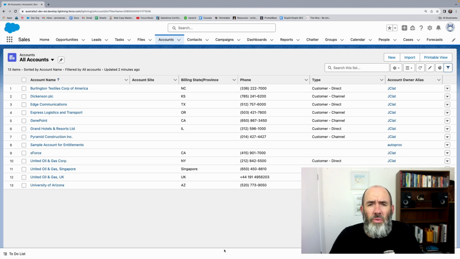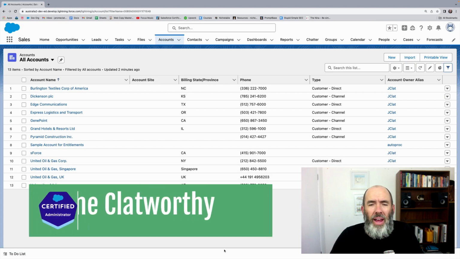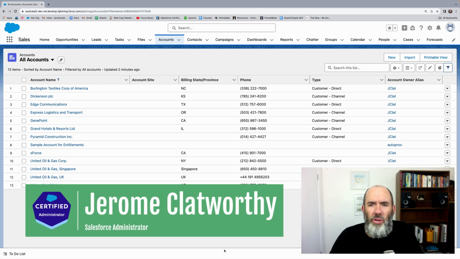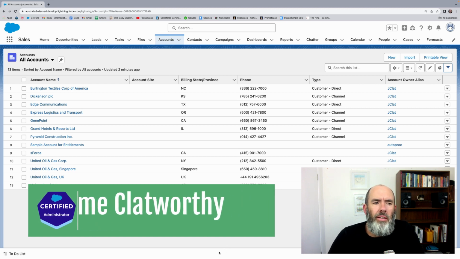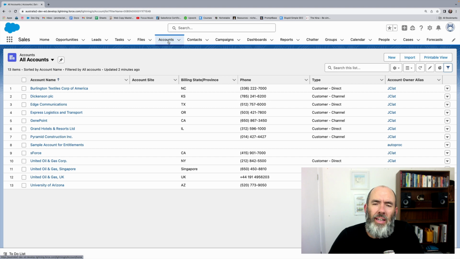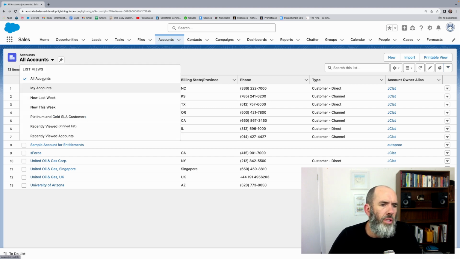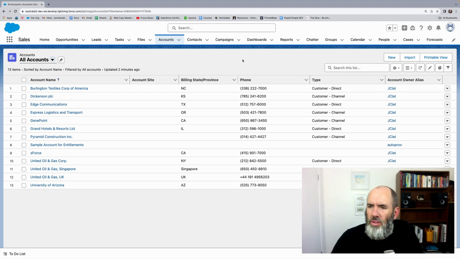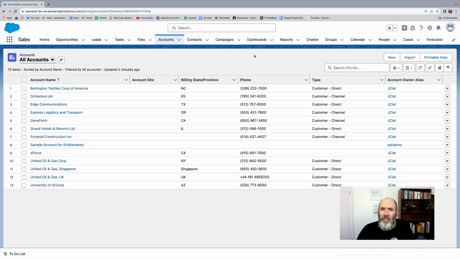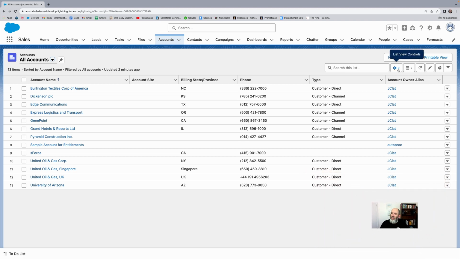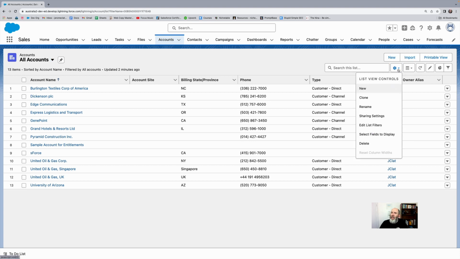Editing a Salesforce list view is a very simple and quick process, and I'll show you how to do it right now. Here I am, looking at accounts, and I'm currently looking at a list of all accounts. There's a few other options here, but I just want to see all accounts. And the way that you edit this list view is by clicking on the gear icon here,